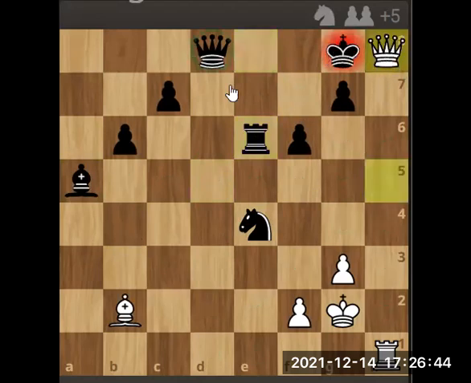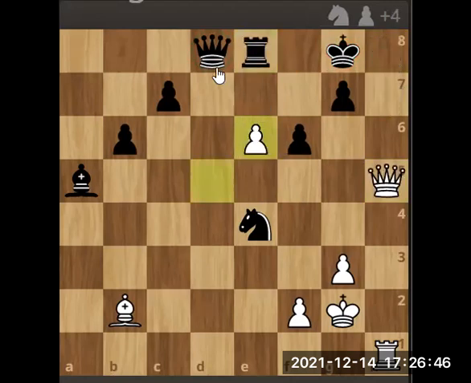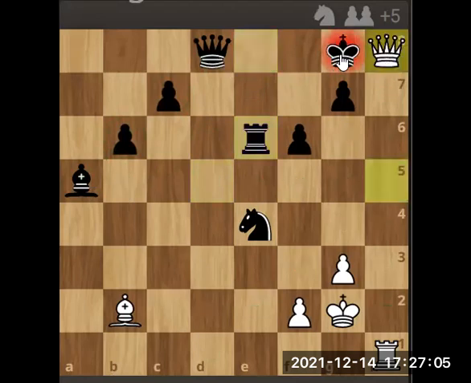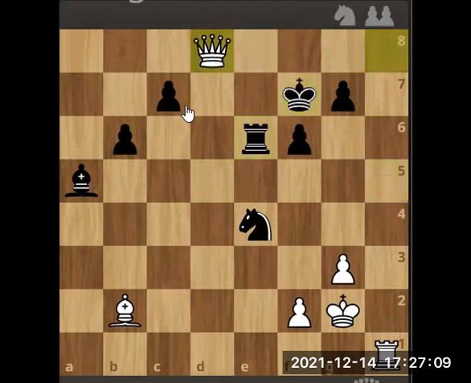This is a hanging piece. After the rook left this rank, the queen has no support. These pawns obstruct the way of the bishop. So this is not possible. So after the rook takes the pawn, this queen is a hanging piece and we take it using a skewer. So this is the check. The king moves out and we have our queen.